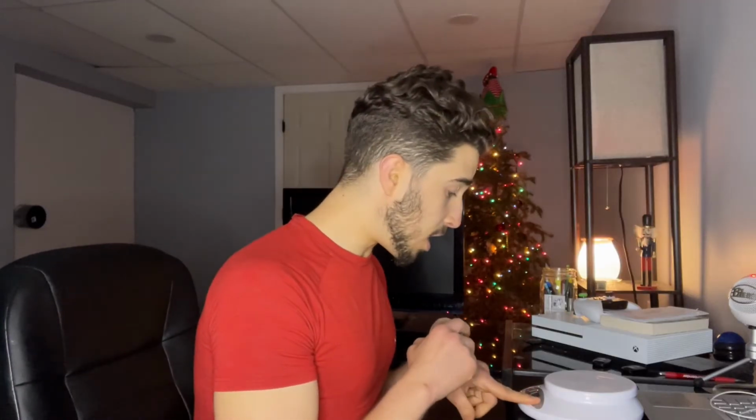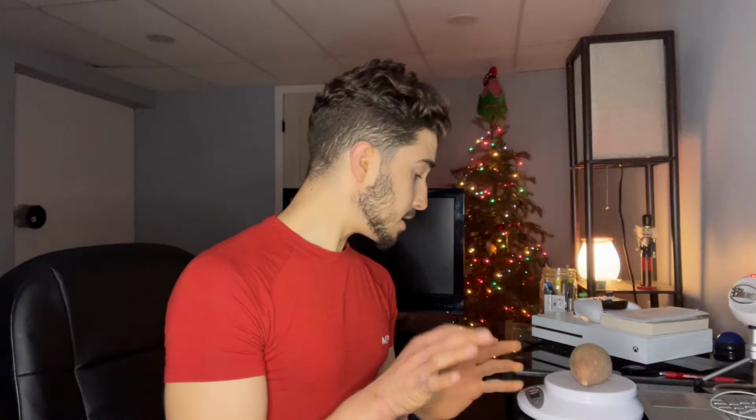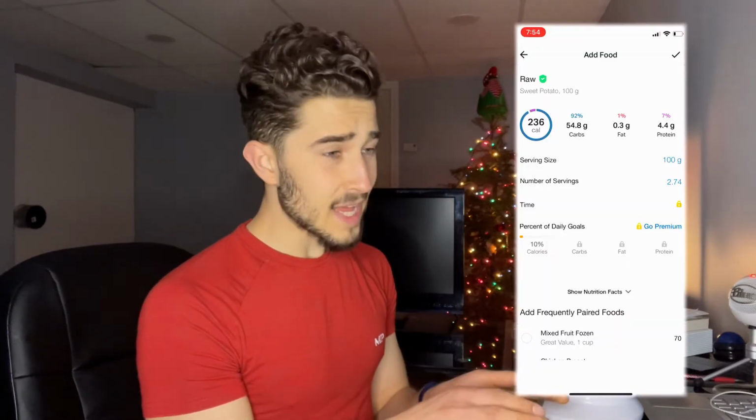Nonetheless, turn the scale on. It is reading 0. There's nothing on top, and I'm going to place the sweet potato, remember it's raw, right on top. Let it rest, and it's reading at 191 grams for a raw sweet potato with the skin on. You want to be as specific as you can with the food. What I'm going to do is, in MyFitnessPal, I'm going to type in raw sweet potato, skin on,